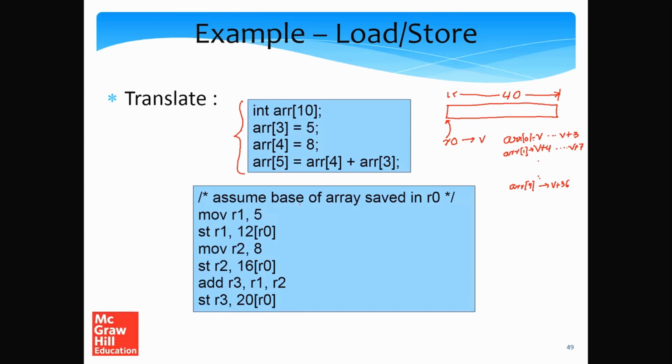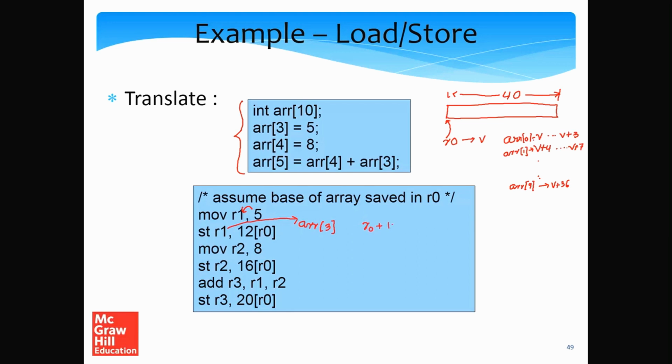So now let's do some amount of register assignment. Let's move the constant 5 to R1, and let's save the value of R1 in the location array[3]. So what is the starting address of array[3]? Well, the starting address of array[3] is R0